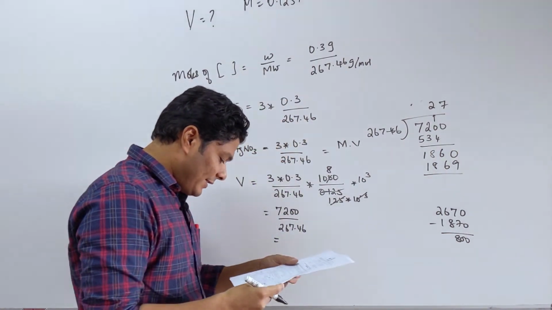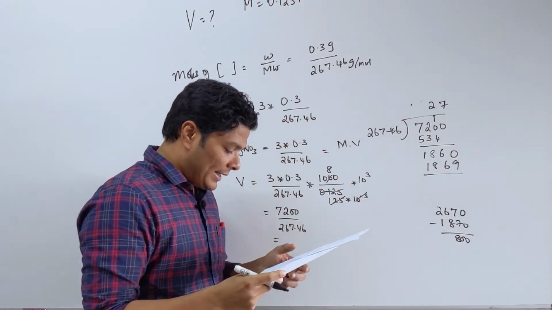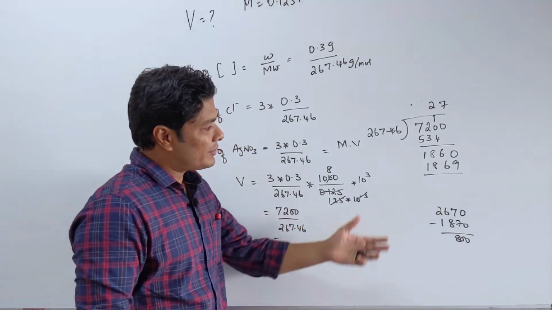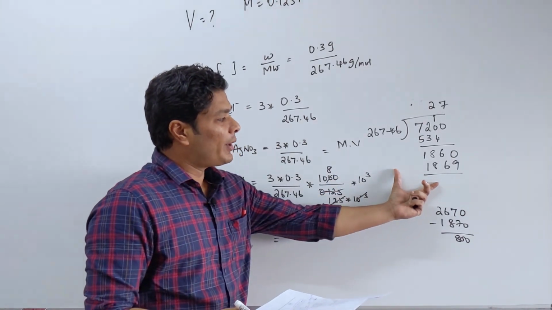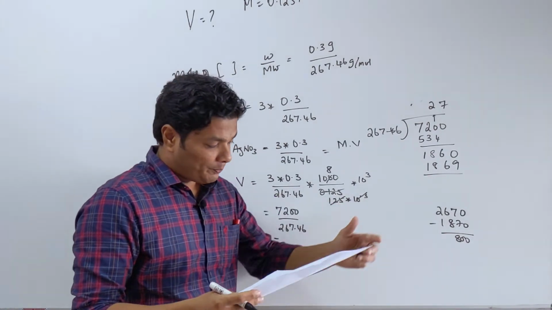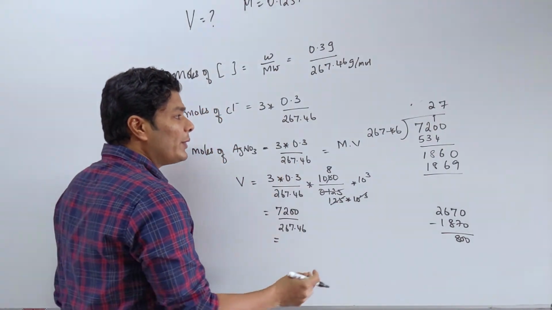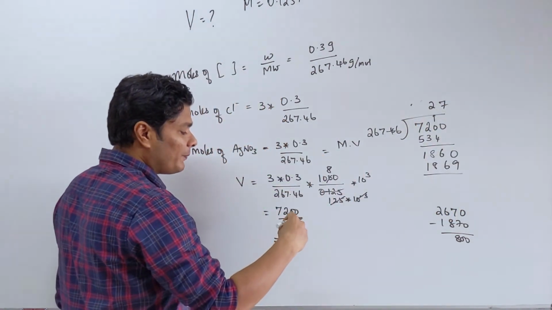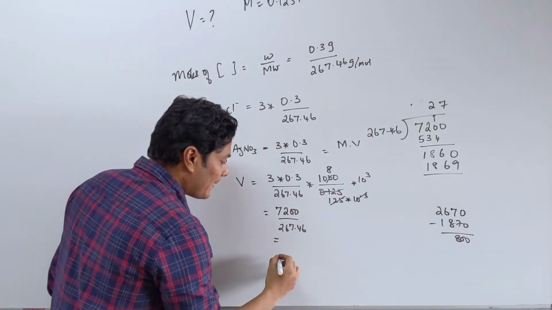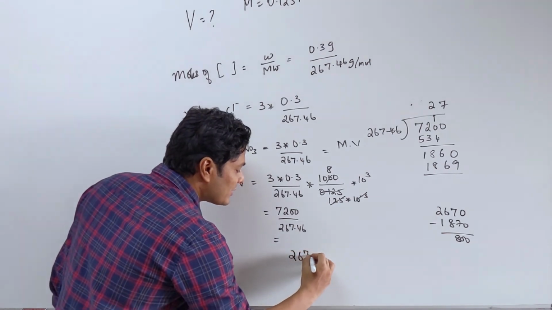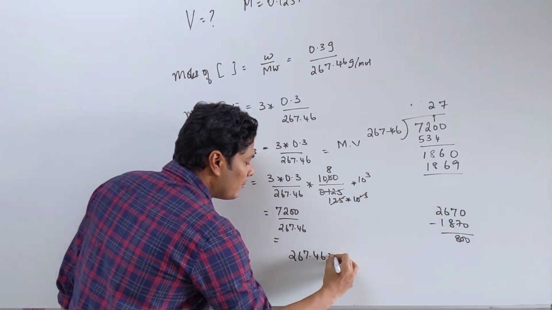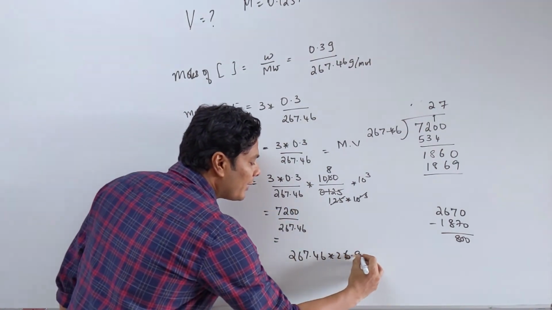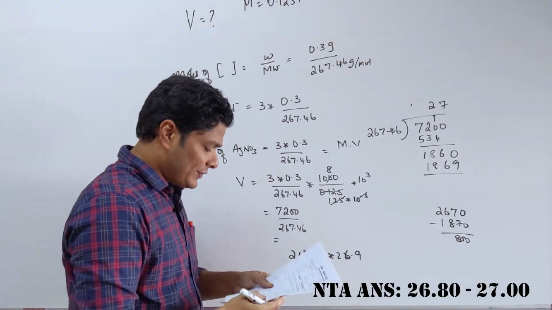So the options that is given in NEET exam, in the IIT examiners, you can have a value of 26.80 till 27. So you can just put it as 26.95. Now the other way of doing exactly this number is, now that I got 27, if you have the time, the best way to do that is, you can do 267.46, this number, times 27 and see how close you are, or 26.9 and see how close you are, and you can get the answer.